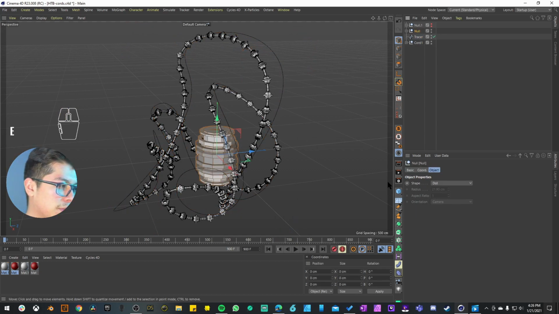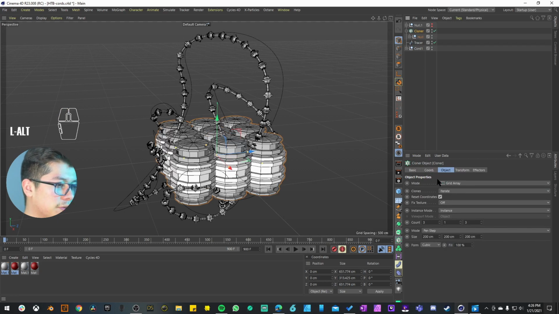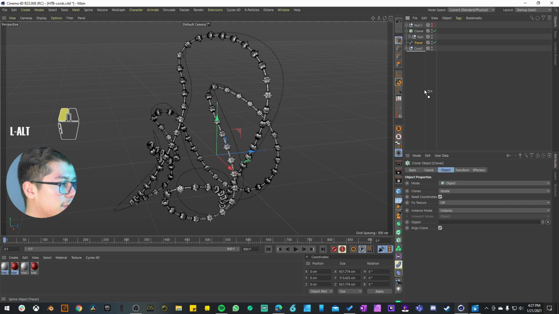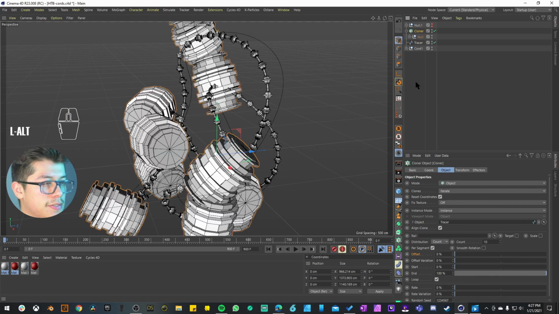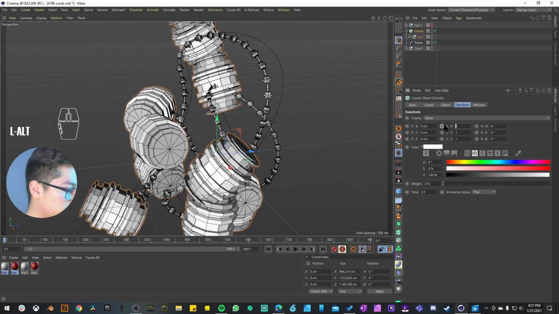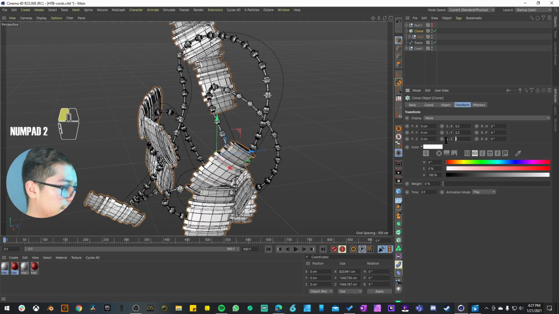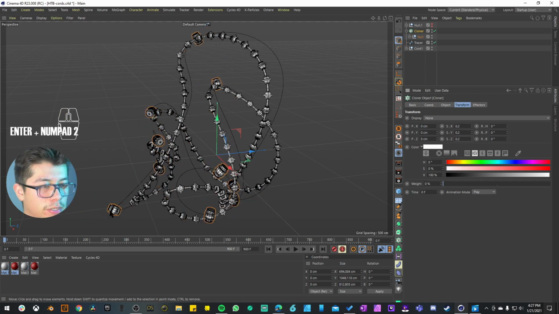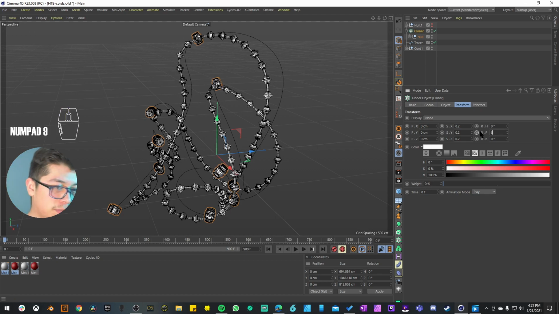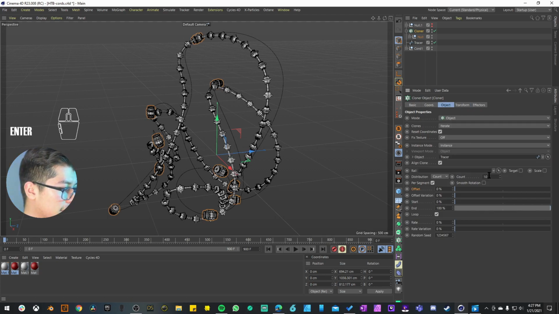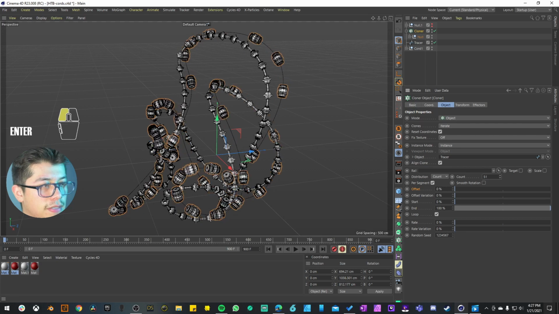I'm going to take my object, go into the cloner, object mode, and then put that spline into the object. And then from here, same thing, transform it. Let's set it on 0.2 by 0.2. I can already tell that it's not following the right orientation, so negative 90 might be. Yep. And back into the object tab, of course, we can change the count if that's what we're going for,